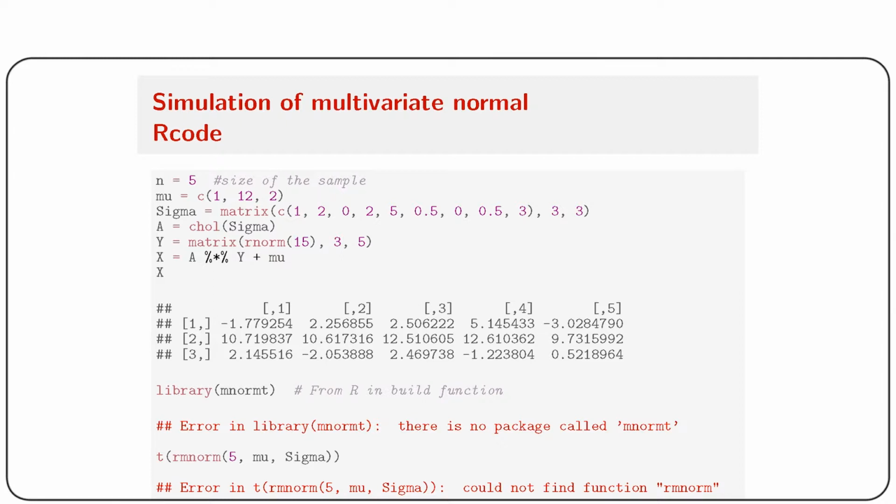That function can be used to get the Cholesky decomposition. So A equals chol of sigma, then Y equals matrix of rnorm 15, 3 and 5. So 15 normal variates would be generated, and that would be converted into a matrix of order 3 by 5, and then finally X equals Y plus mu, and then if you type X, then we will get the 5